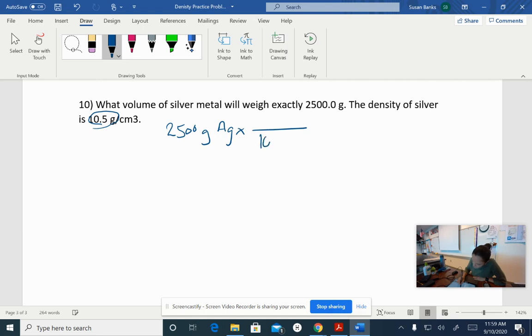So I'm going to put 10.5 grams of silver will give me 1 centimeter cubed of silver. That way my grams of silver cancels out and I get centimeters cubed, or a volume of silver. So I'm going to take 2,500 and divide it by 10.5. And my calculator gives me